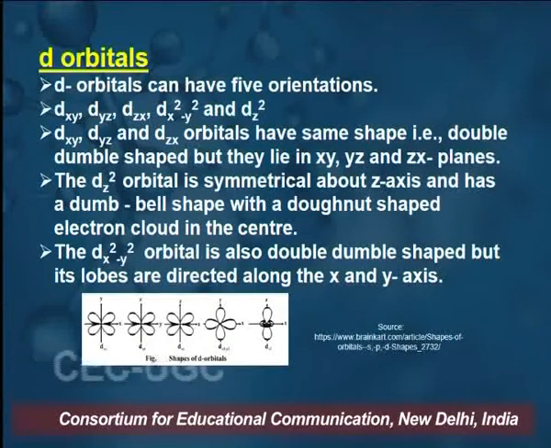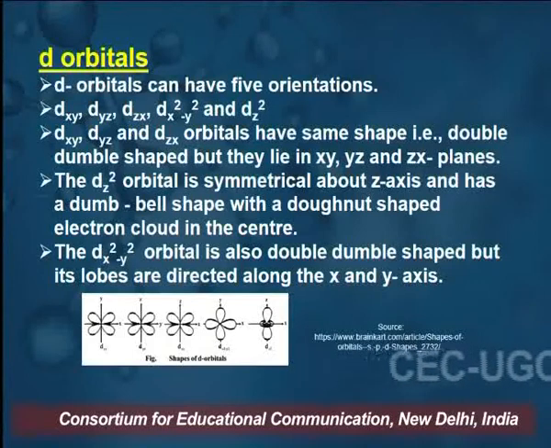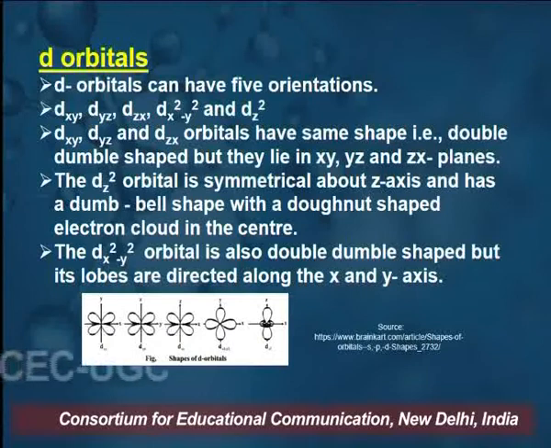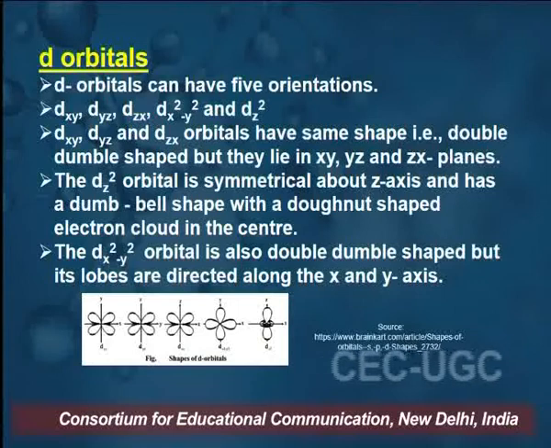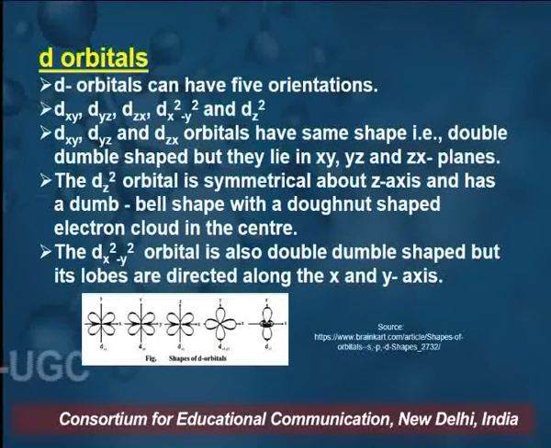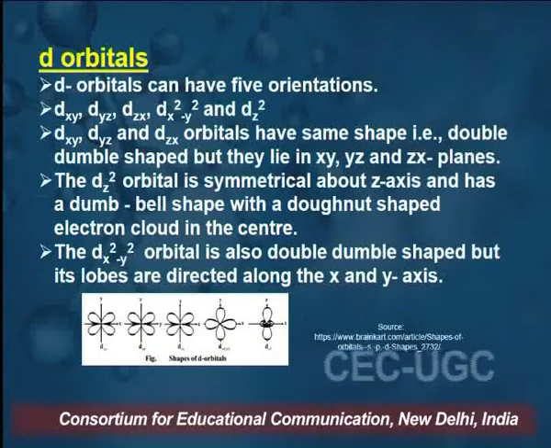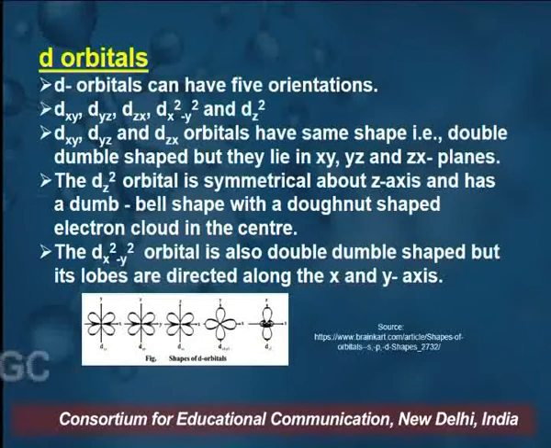They have the same shape, that is double dumbbell shaped, dxy, dyz and dzx, but they lie in different planes, namely xy, yz and zx. The dz square orbital is symmetrical about the z-axis and has a dumbbell shape with a donut-shaped electron cloud in the center. The dx square minus y square orbital is also double dumbbell shaped, but its lobes are directed along the